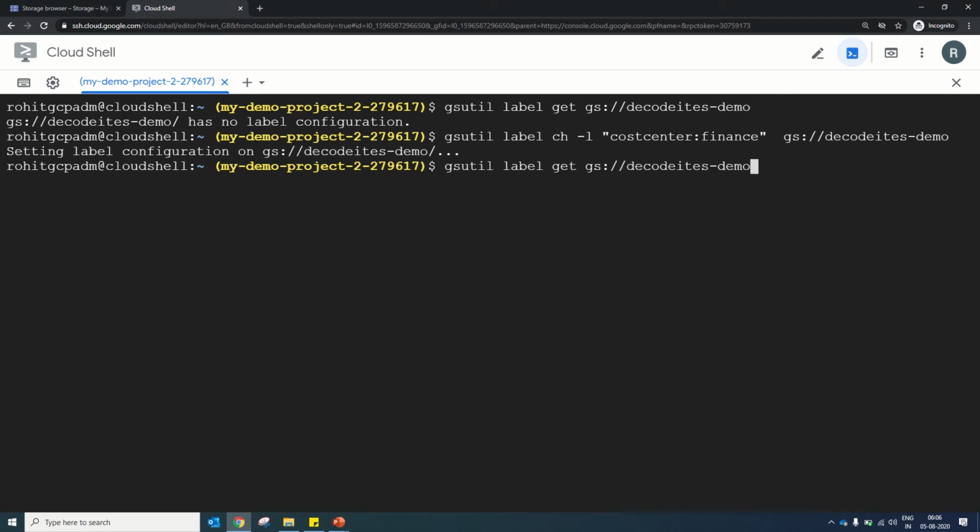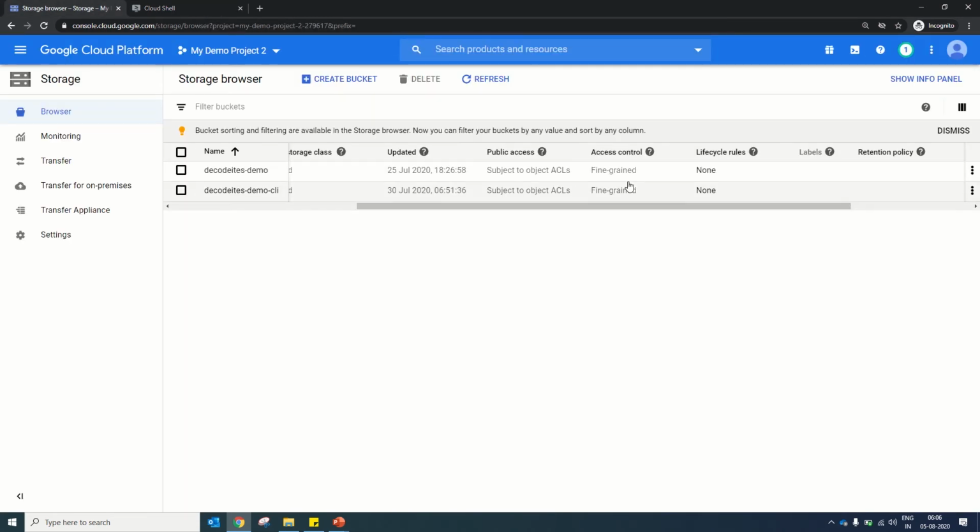The label is configured. Let's retrieve the label again, and we can see the label is here. Same thing, when you refresh it from the console, the label is visible from the console as well.